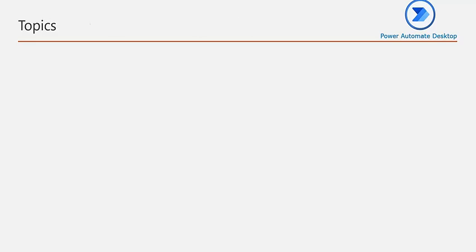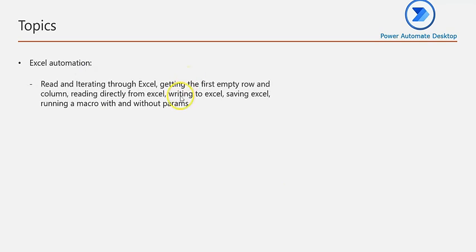Now what these day-to-day applications are: obviously one of the most widely used applications in every RPA use case is Excel. Within Excel, we are going to see how to read the data, iterate through Excel data, get the empty row and column, and I'll tell you why it is needed. Then reading directly from Excel instead of first taking it into a data table, then writing to Excel, saving Excel in its different allowed formats, and obviously running macros with and without